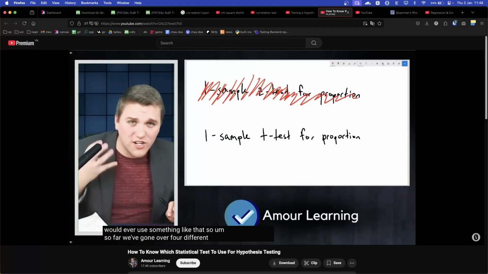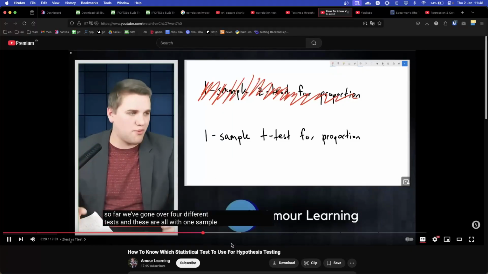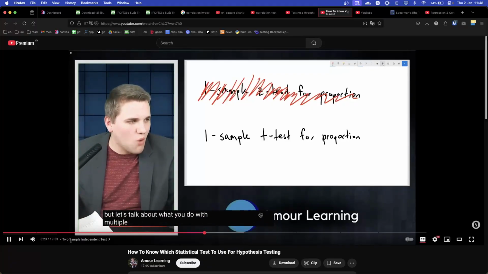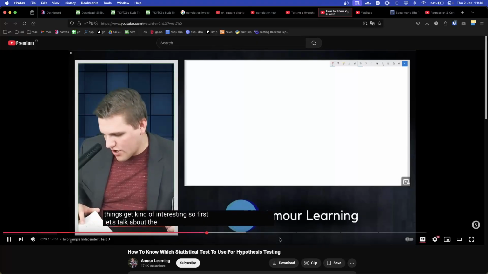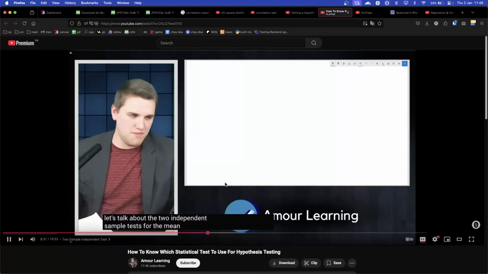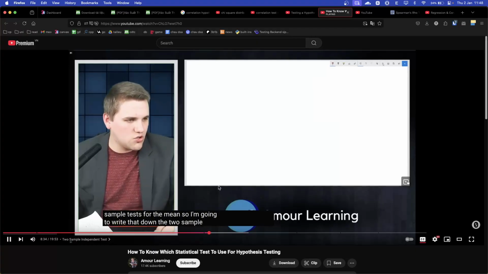So far we've gone over 4 different tests, and these are all with one sample. But let's talk about what you do with multiple samples, and this is where things get kind of interesting. So first, let's talk about the 2 independent sample tests for the mean. So I'm going to write that down. The 2 sample